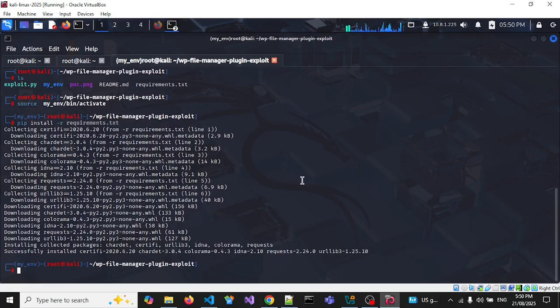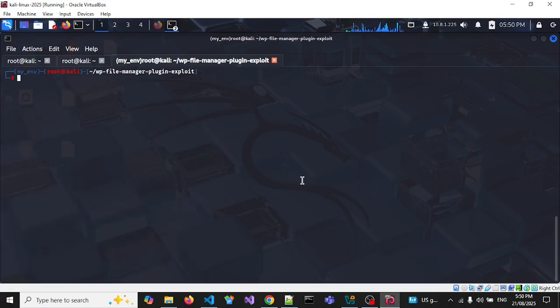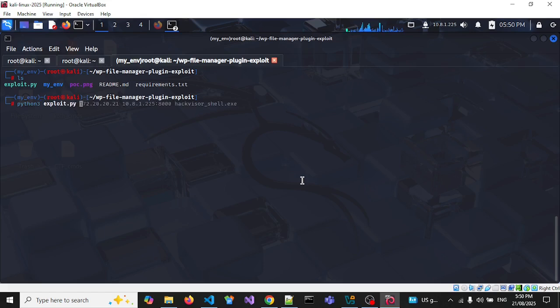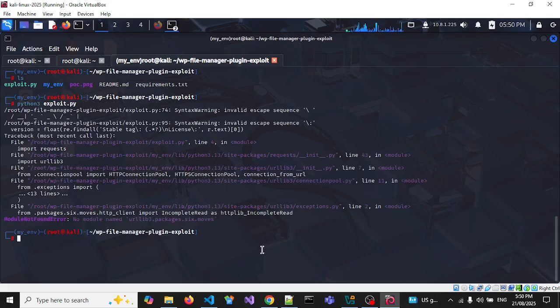Okay, so let's run the exploit now. So we'll do, what have we got, exploit.py. So we'll do python3 exploit.py, and it says we've got no module named urllib packages six moves. Let's copy that so we can see if we can install that. So pip install